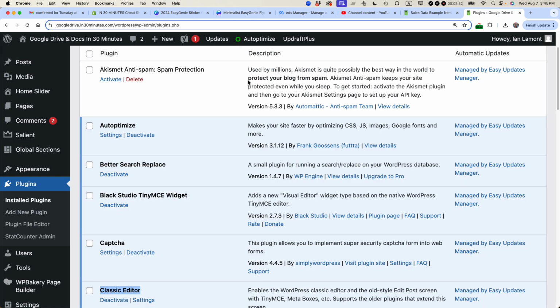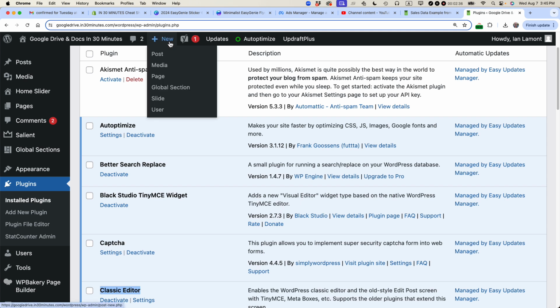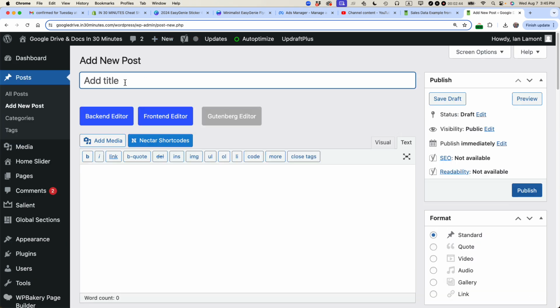I'm going to go back to WordPress, and here's what I'm going to do. I'm going to create a new post. I could also create a new page; it works the same way. So let's create a new post, and I'll just say, example of a removal order. Okay? Here is a spreadsheet